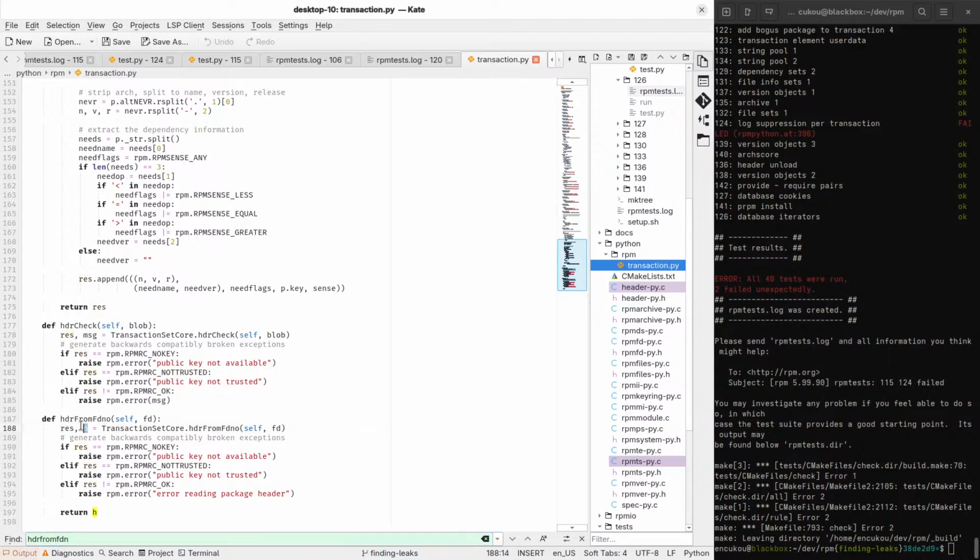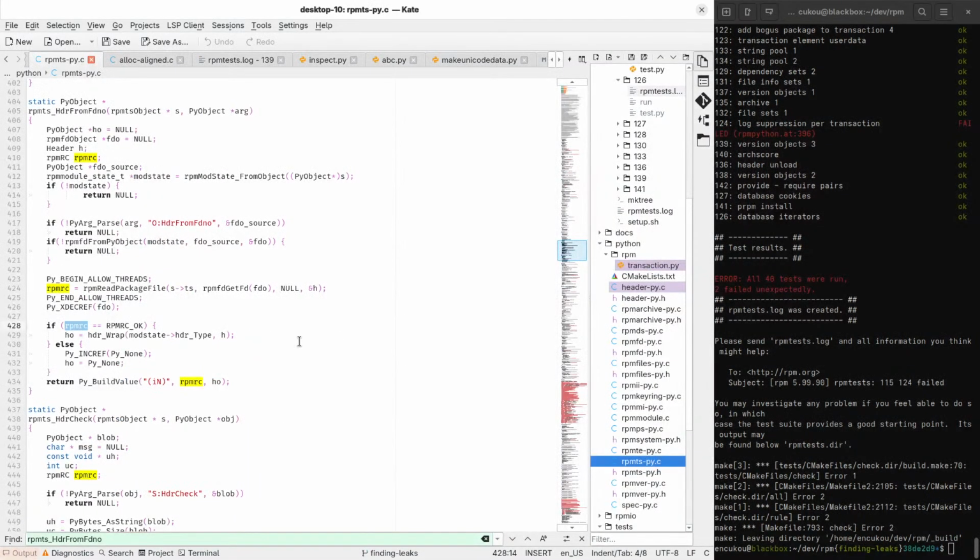So you get the result and the error. And it actually calls HDR from FDNO. I see. So this raises an error. Not that one, the first one. And if it didn't raise the error, it returns H.